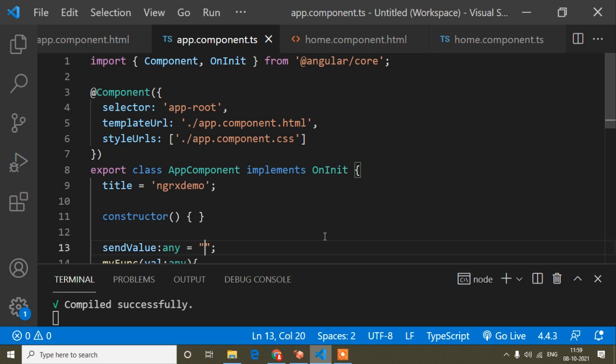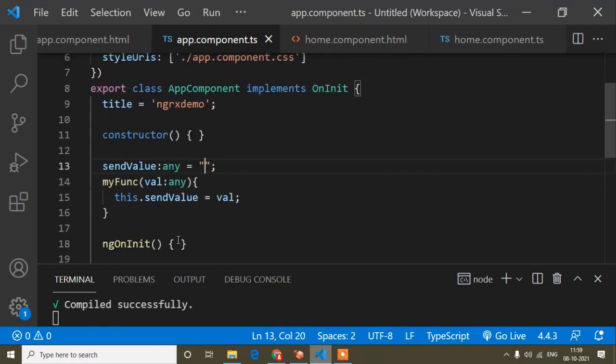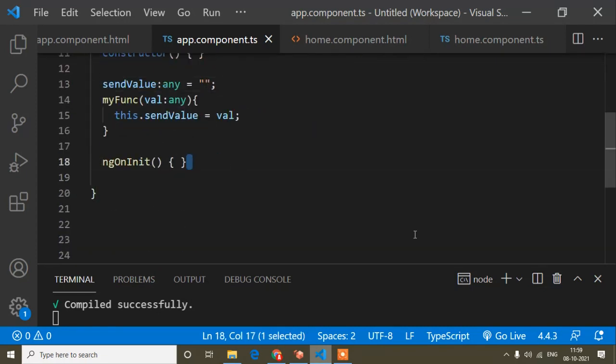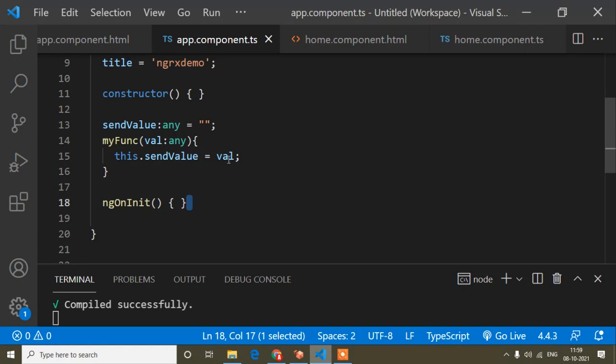In this Angular tutorial I will discuss the ngOnInit lifecycle hook. Maybe you are familiar with OnInit because we use it most of the time, and by default Angular provides the OnInit lifecycle hook. It's imported by default, and we find the ngOnInit method by default, because we use it so often. That's why Angular provides it.